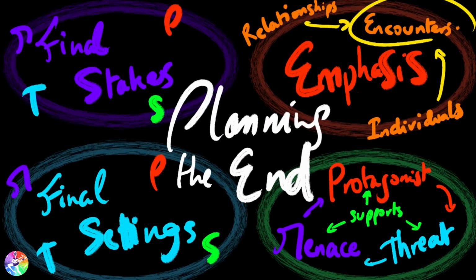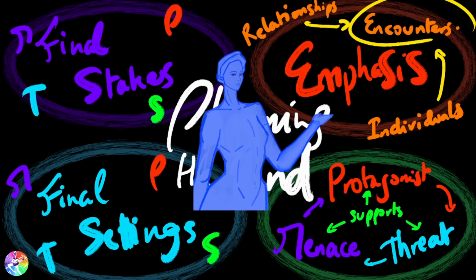We're planning our ending. We're planning our pathway from chapter 8 up to chapter 10. Actually, if you want to be broader, you're planning your pathway between the climax, chapter 6, up to chapter 10, the epilogue. So you're really rethinking the way you've written chapter 7, 8, 9, and 10. So how do we do that? We want to focus on one thing, one main thing. You want to put your emphasis on encounters.